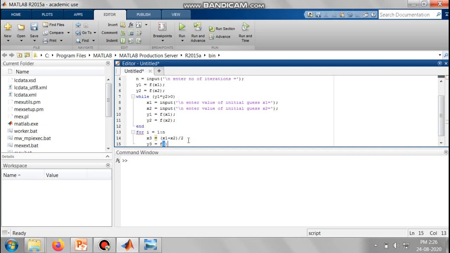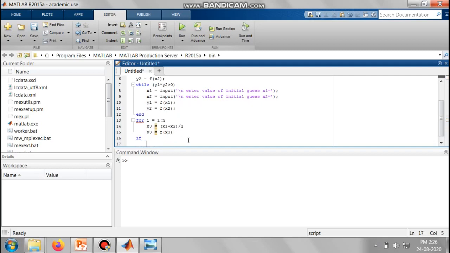So here we will type y3 is equal to f of x3. Don't terminate this sentence also, because if you want to know the value of y3 for each iteration, then you do not just terminate the statement by semicolon. So now after this we have again one condition. So we can type if, we know the condition, if